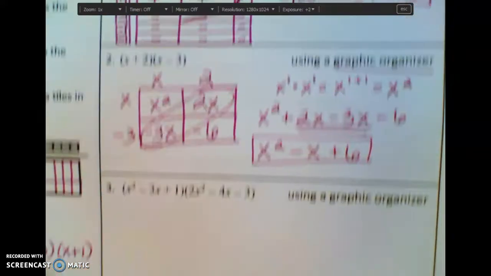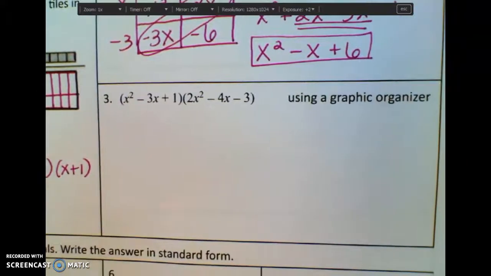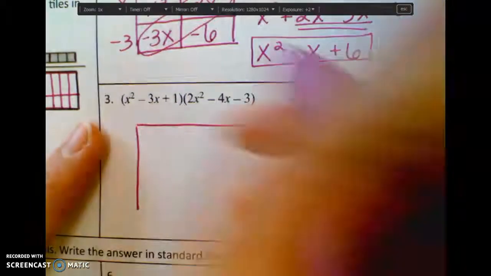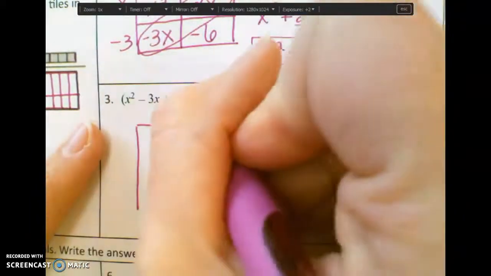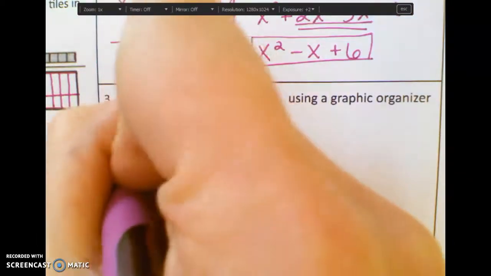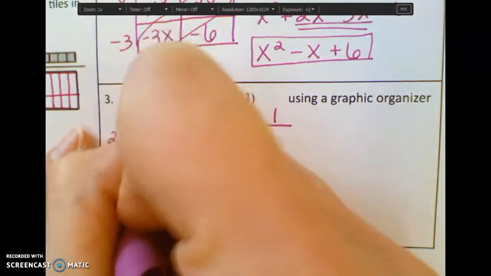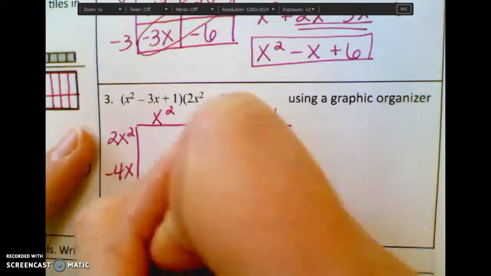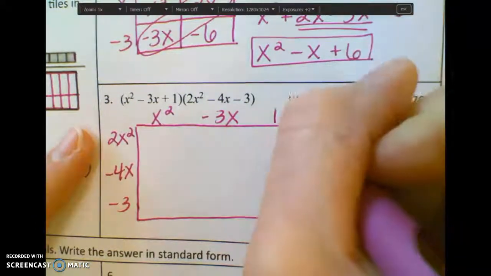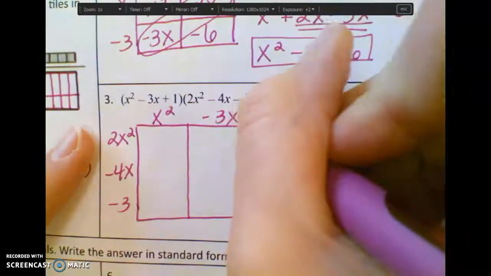Let's do one more using a graphic organizer, and then I'll show you distribution. So for this, we're going to need a little bit of a bigger graphic organizer because we have x squared, negative 3x, positive 1, and then we have 2x squared, negative 4x, and negative 3. All right, let's draw our boxes